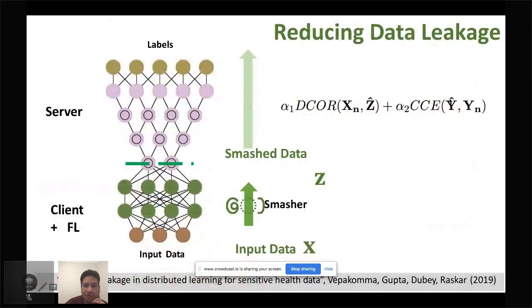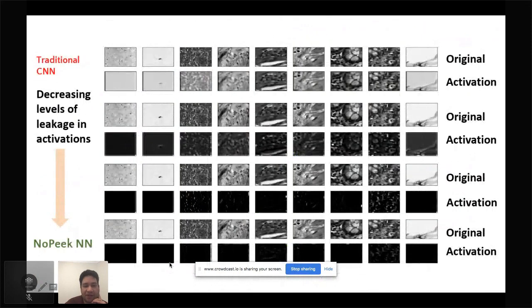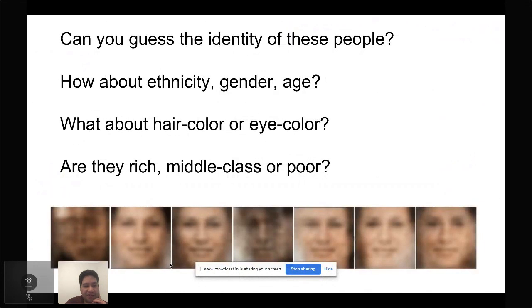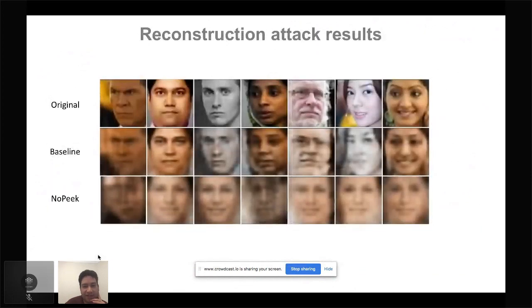But if you do our approach of decorrelating the communication that you're doing with respect to the raw data, you would see that it's extremely hard to reconstruct. So these are some of the results of the reconstruction, which would not match the reality that you see in this slide now. This is the reconstruction that you get after approach using state-of-the-art pix-to-pix image translation models. And this would be without our approach. And this is the raw data.